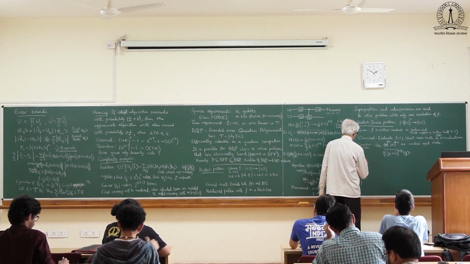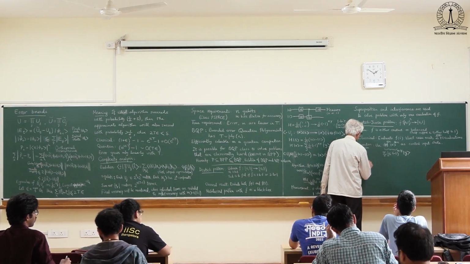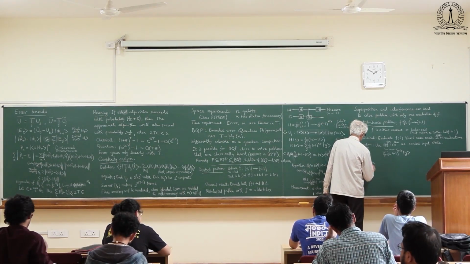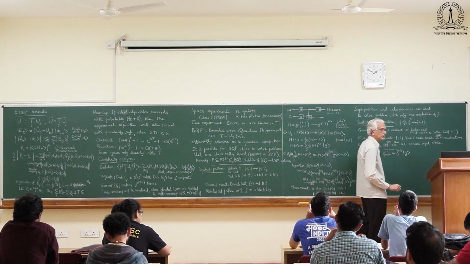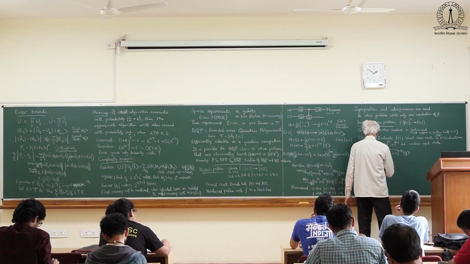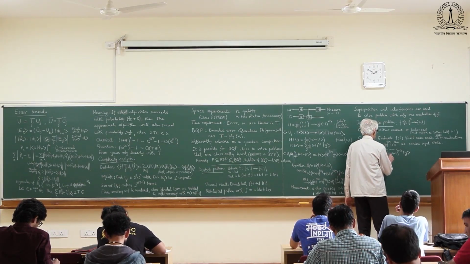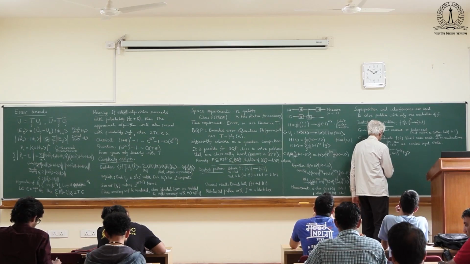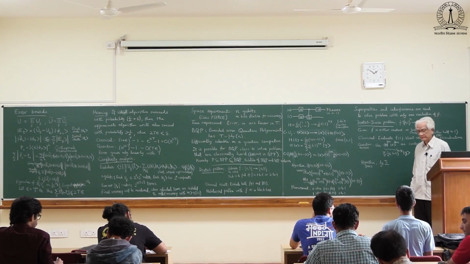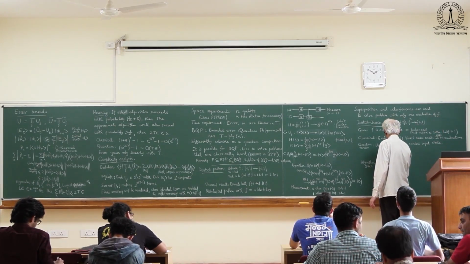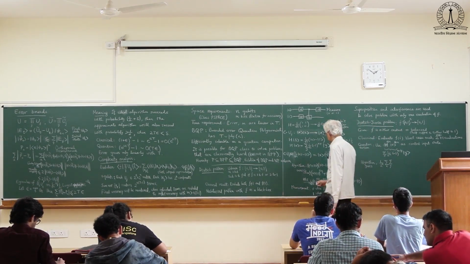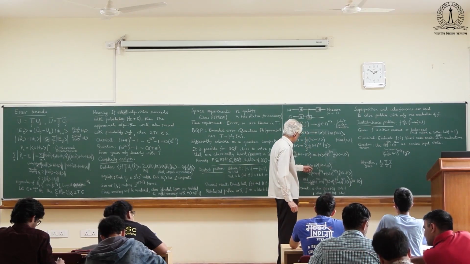So the algorithm gives 1 over 2 raised to n, this got squared, and then there is a summation over x and y, which came from this